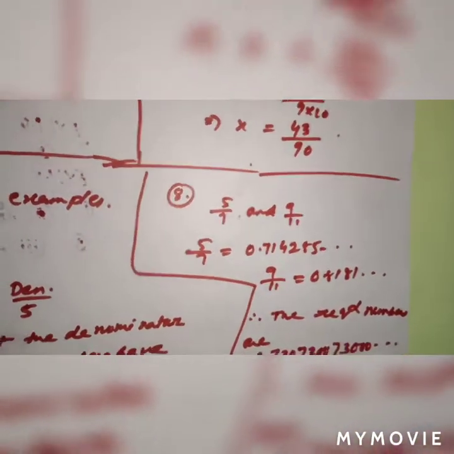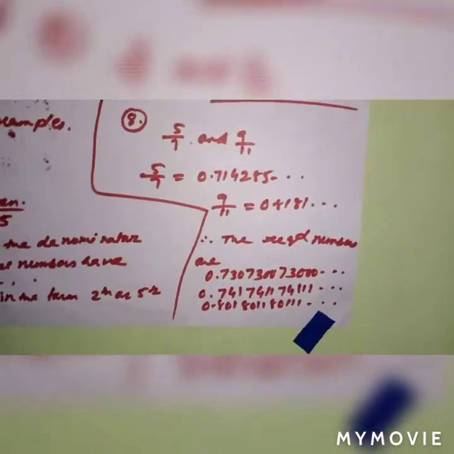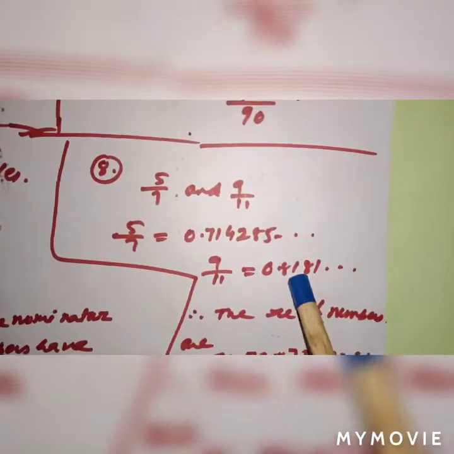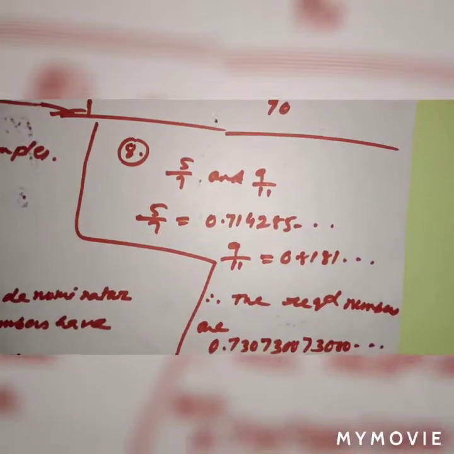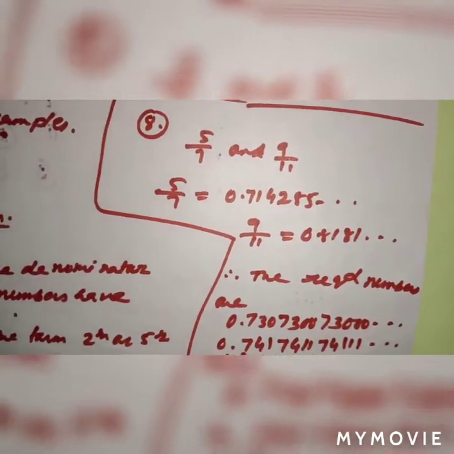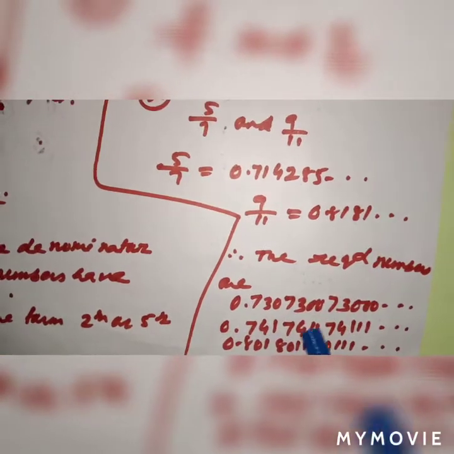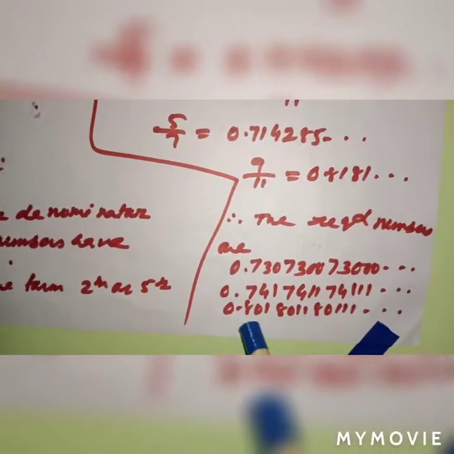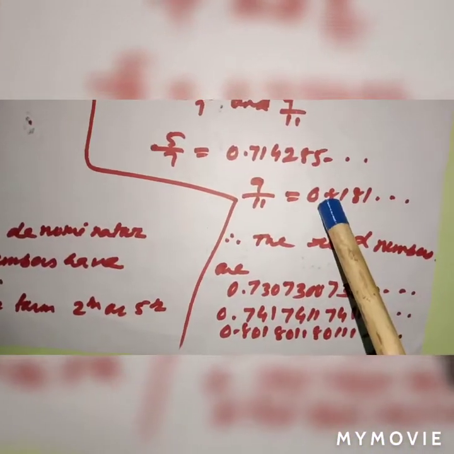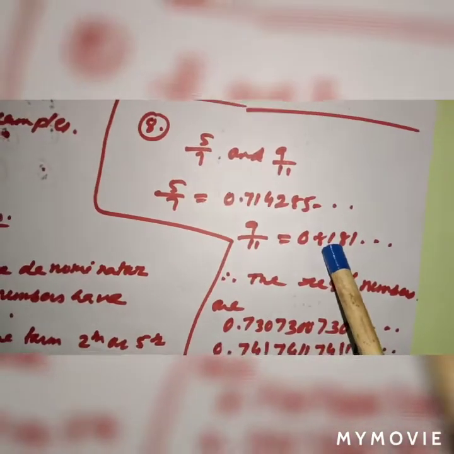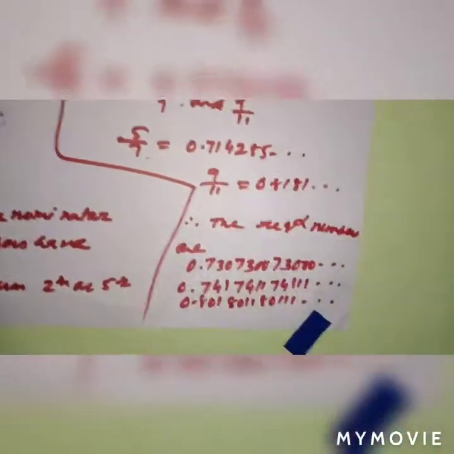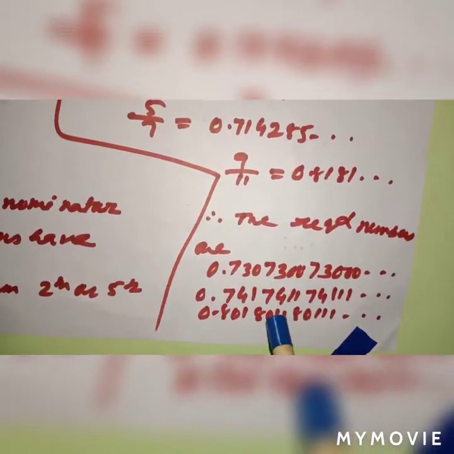So here you can make and write an irrational number, no problem. Suppose 7.1 and here 8.1, in between so many numbers are there. I am making 0.7300, 7300, 7300, or 0.741, 7411, 74111, 0.80, but it should not go over 0.81. Okay, it should not be greater than 0.81 or less than 0.71. So 801, 80, you can make.